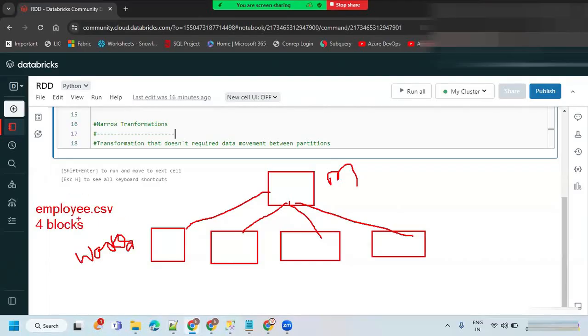So what happens is, depending on the number of blocks in the data source, that many partitions are going to be created by the RDD. That means here you are going to have partition 1, T1, T2, T3, and T4.